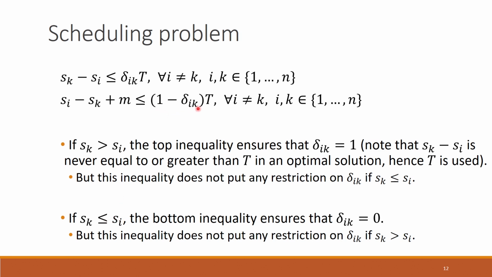Okay. So, in this way we have defined constraints to ensure that delta Ik is defined in the way we want. Okay. So, in the next class we will be continuing